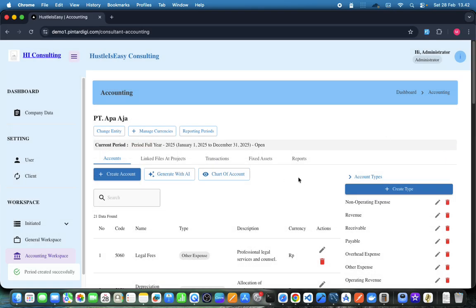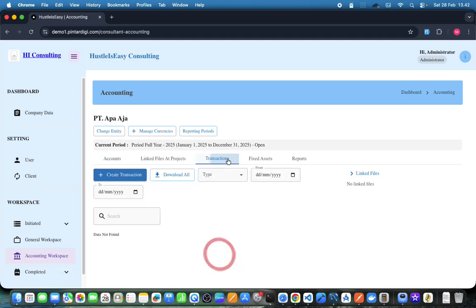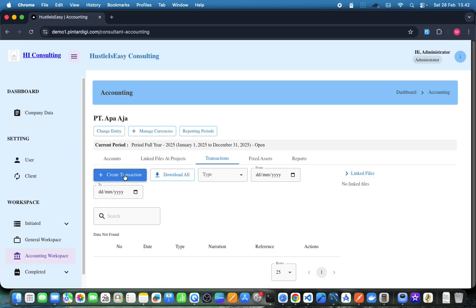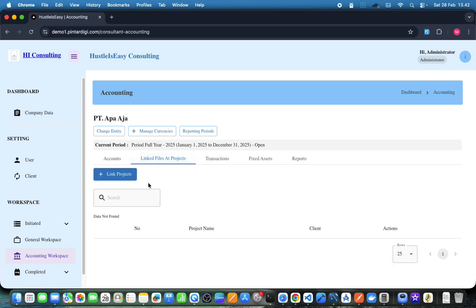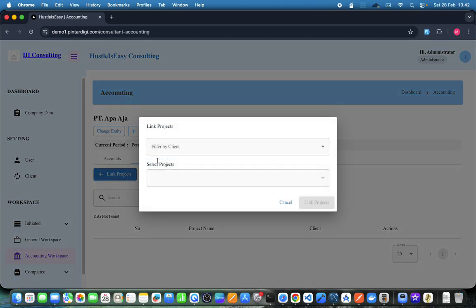Now that our reporting period is set, we can start inputting transactions. If we have data from a project, we can link that project to this entity.